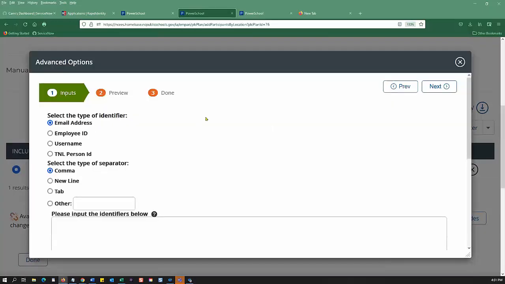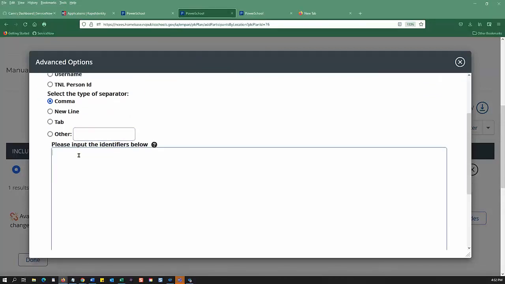This is where you're going to need their UID numbers or their emails. So the email address, the employee ID is the UID number. The username is the UID number. We don't use the T&L person ID. So this is where you would add people this way. If I'm using email addresses,